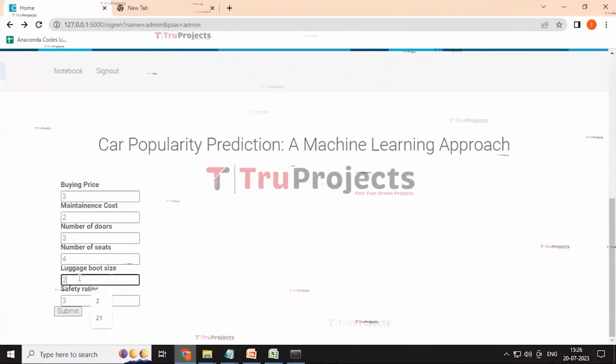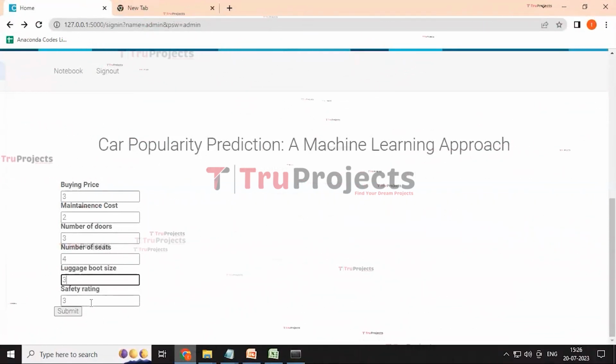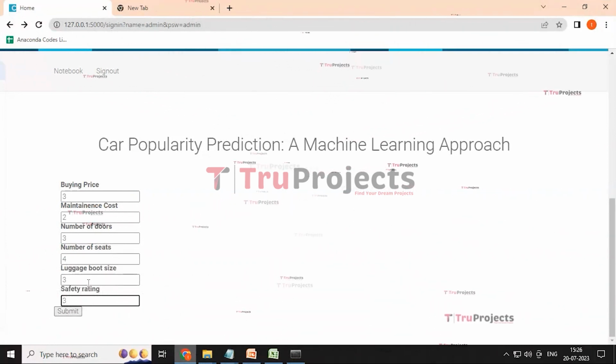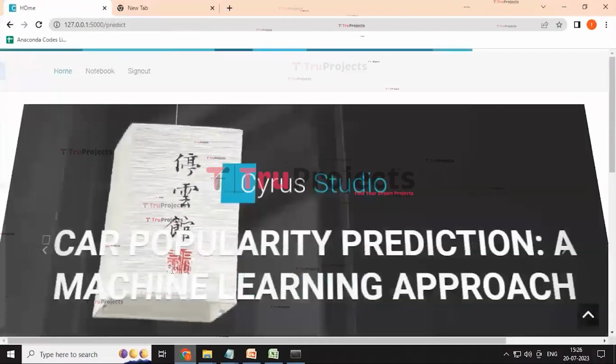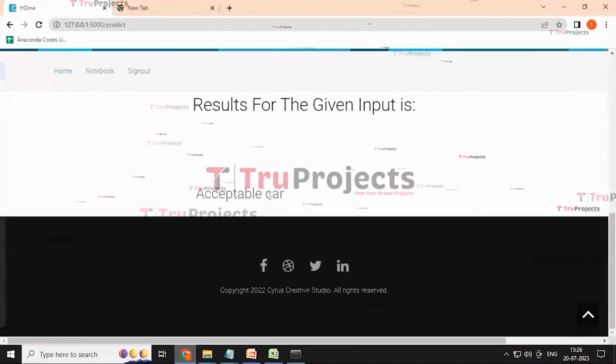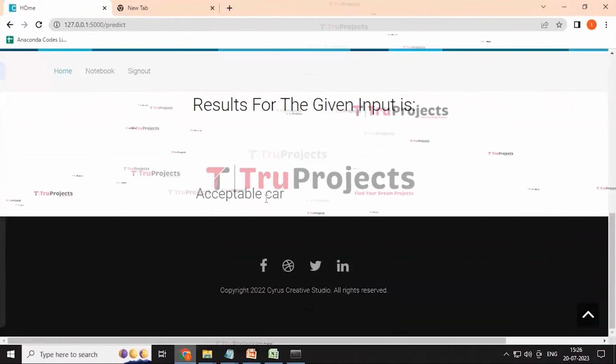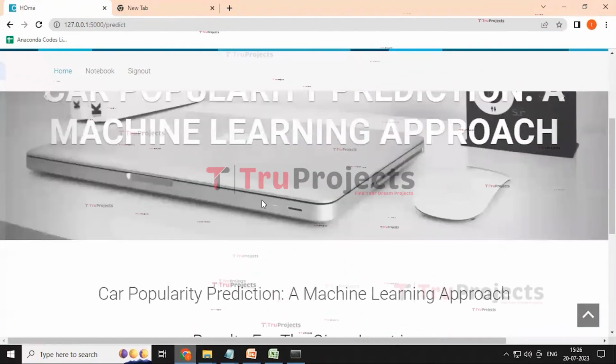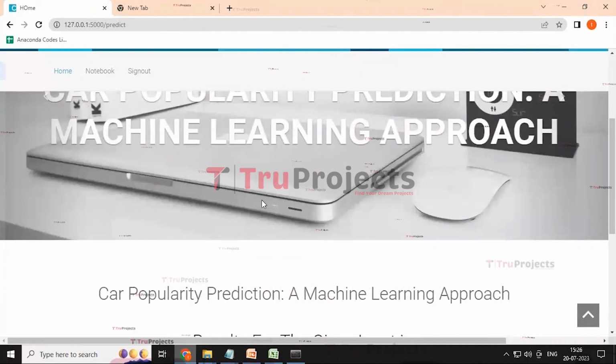Luggage boot size is 3 and safety rating is 3, and then click on the submit button. Here the given input is predicted as an acceptable car. In this way we can predict the car popularity by using machine learning.